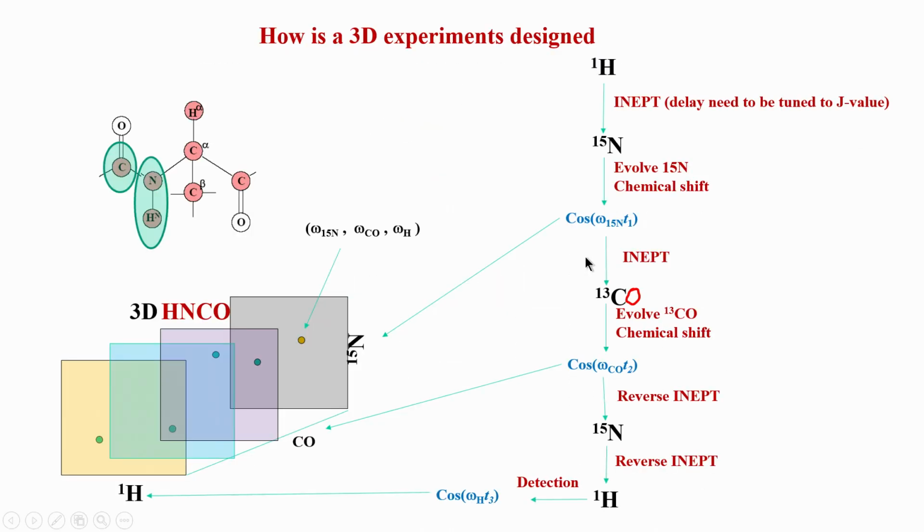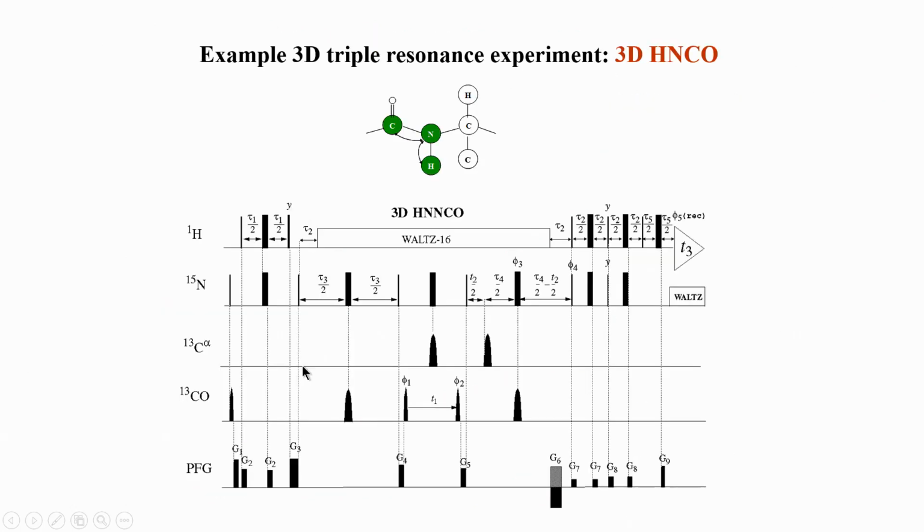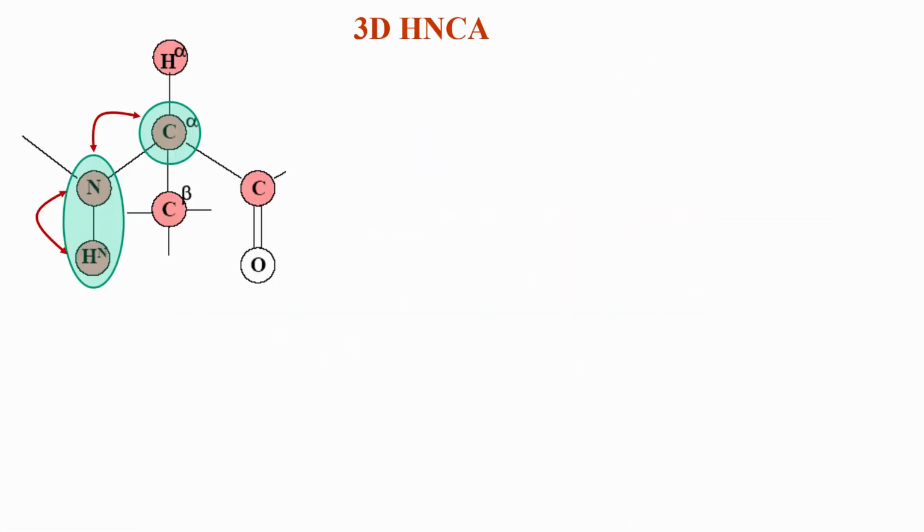So, now let us look at the peak pattern of another experiment, which is 3D HNCA. This HNCO is something which we have covered, and we have seen in the previous class also what kind of analysis we do, how we analyze. We basically look at the slices and take a strip out of this slice, remember the strip plot concept. That is what we will do in all the experiments. So, let us now look at 3D HNCA.